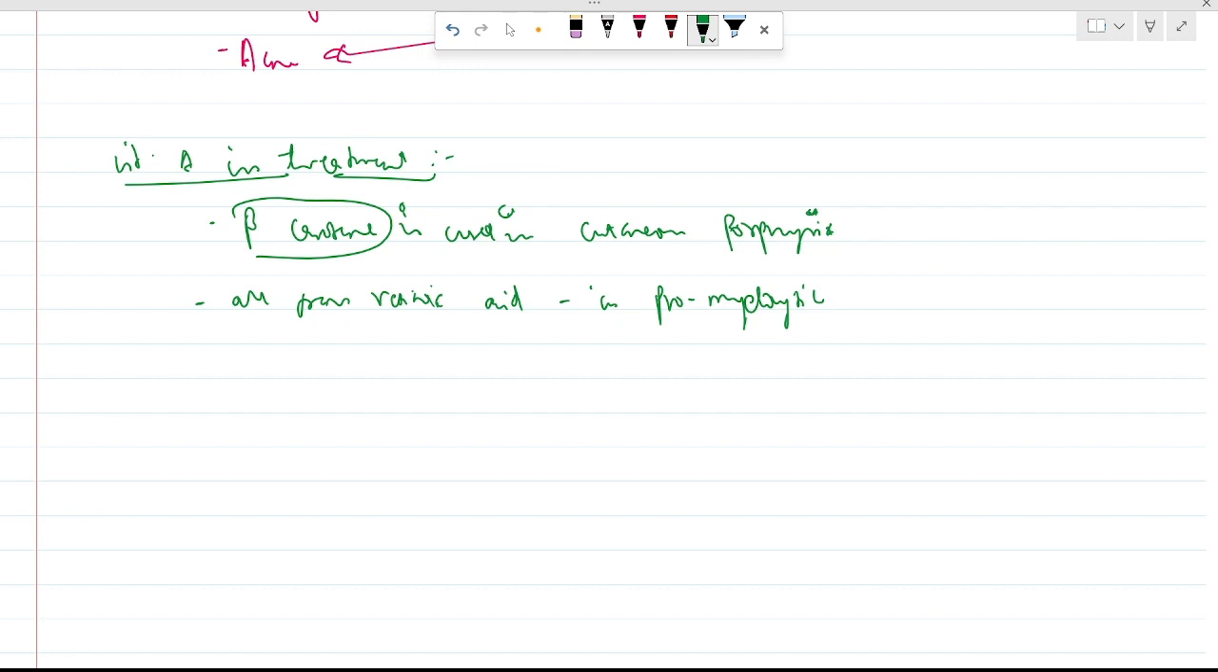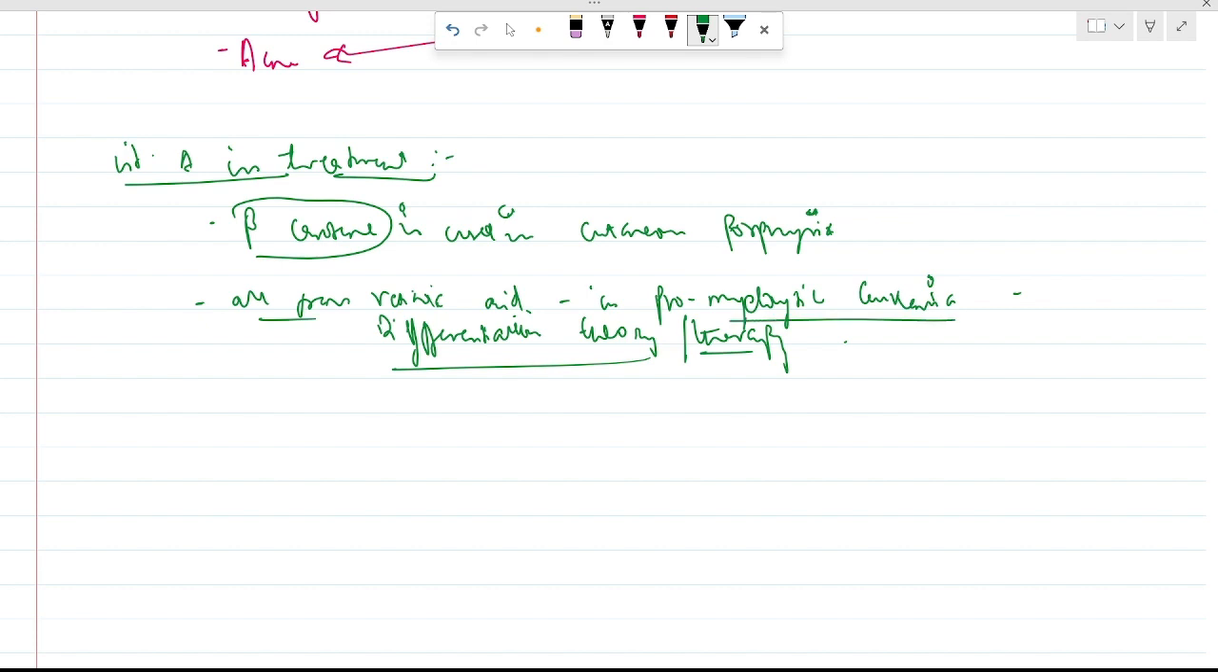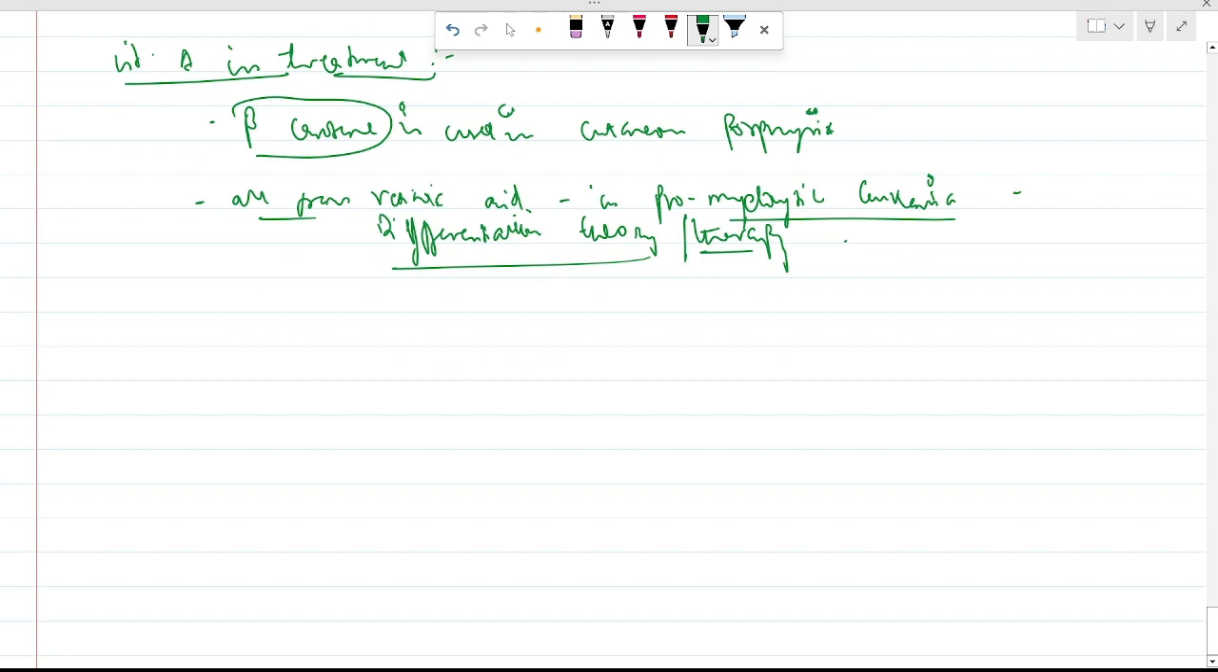promyelocytic leukemia. Promyelocytic leukemia is treated as differentiation therapy. All-trans retinoic acid in promyelocytic leukemia. Next we have very important